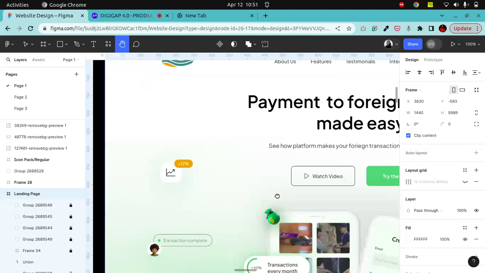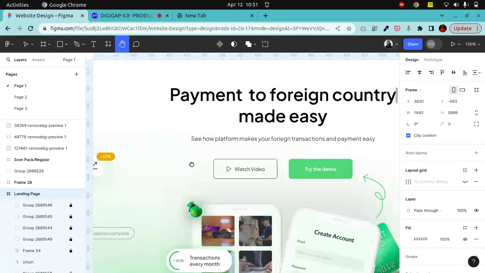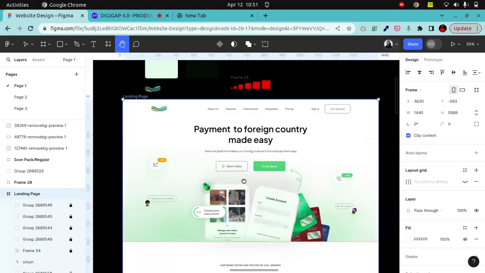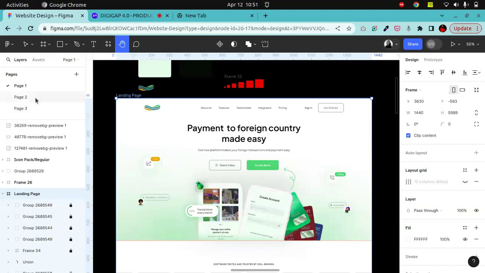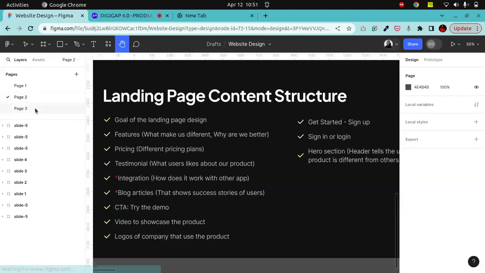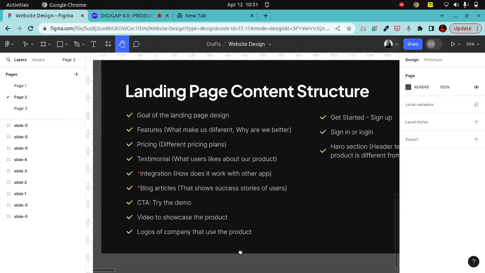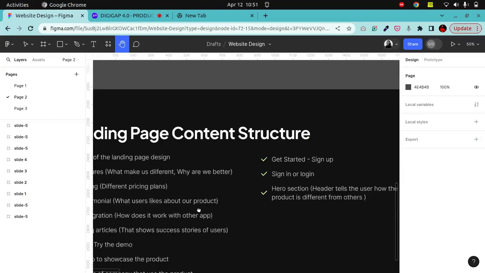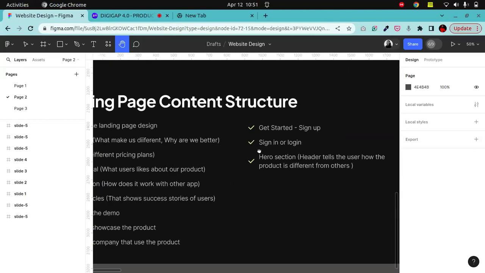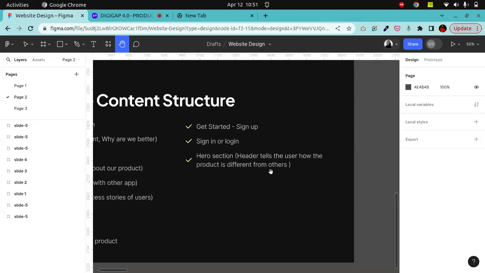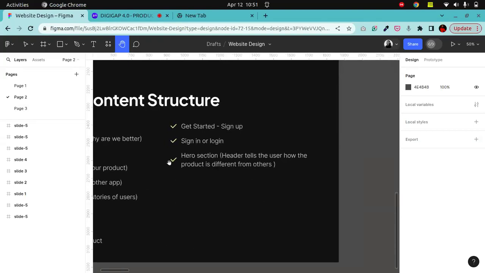In all, you're trying to design a landing page or a website that users can, when they visit, actually trust the brand that owns that particular website. So most times on your landing page or website, you can go as far as showing logos of companies that have used that particular brand. So you can have your get started buttons, your sign up buttons, your login buttons,